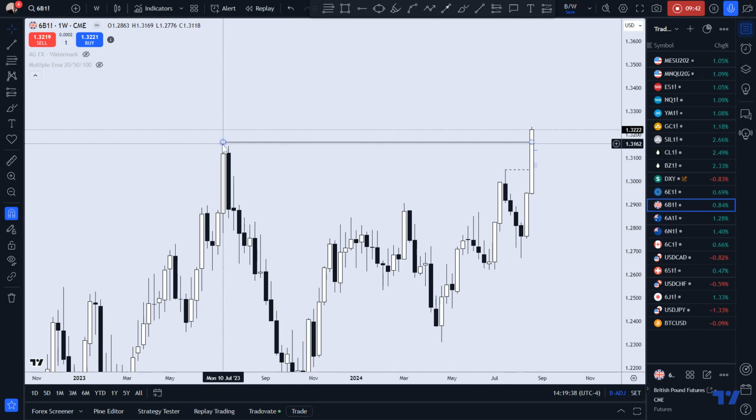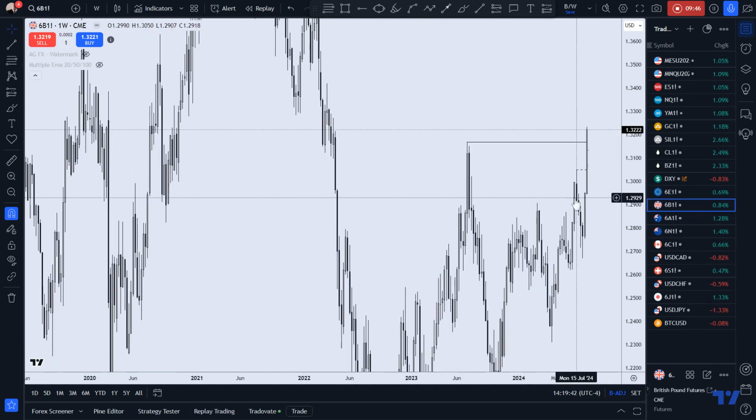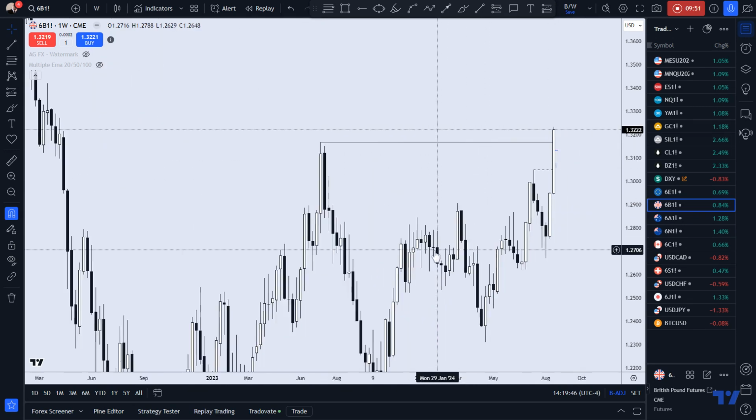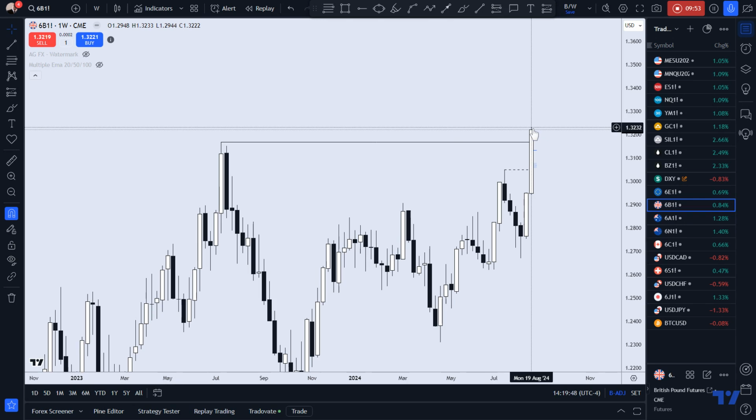You see how we took out this very important swing high, and price closed beyond that high. I like when I see price trade through a swing high because that gives me a bullish intent. If it was just a wick high and then it starts coming back the other way, that means it hasn't finished business down here. I think that business is done down here, honestly.